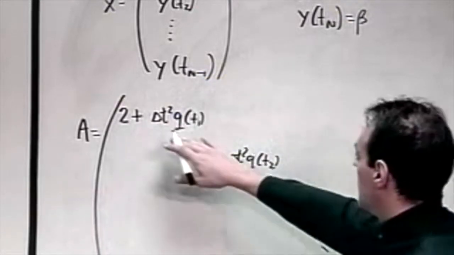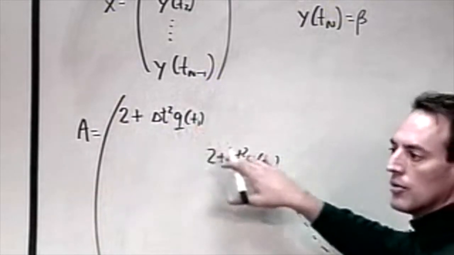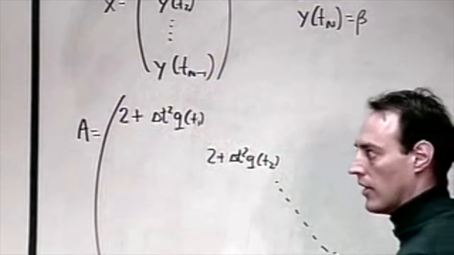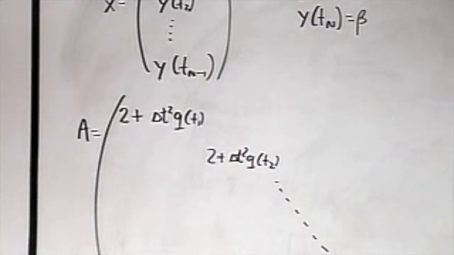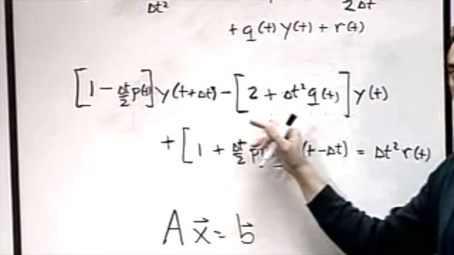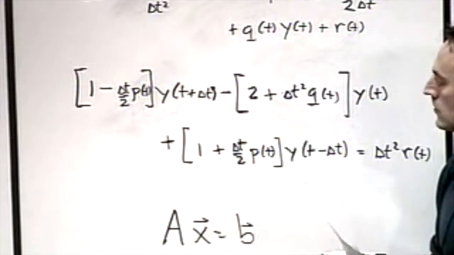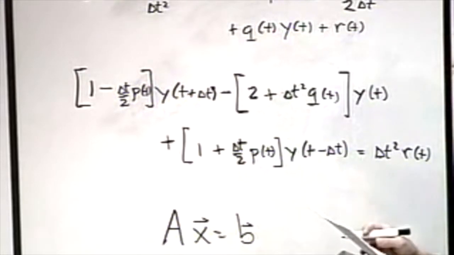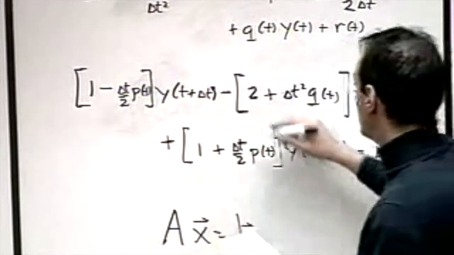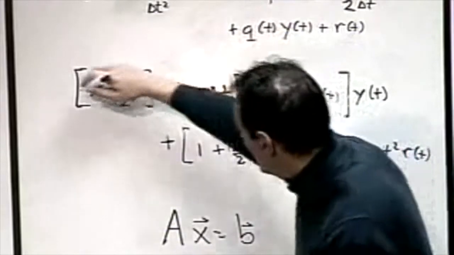something like this. 2 plus delta t squared, q of t1, q of t2, all the way down. And that's coming from this term right here. Okay? I'm going to do a sign change too. I'm going to multiply everything by a minus sign, just so it's going to be plus, minus,